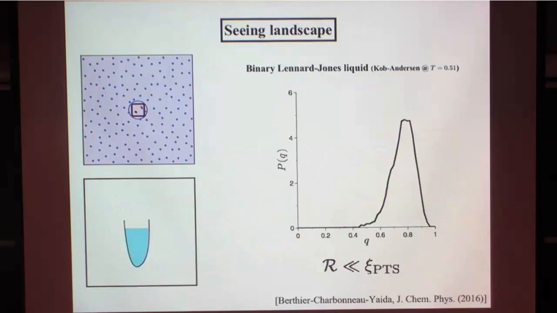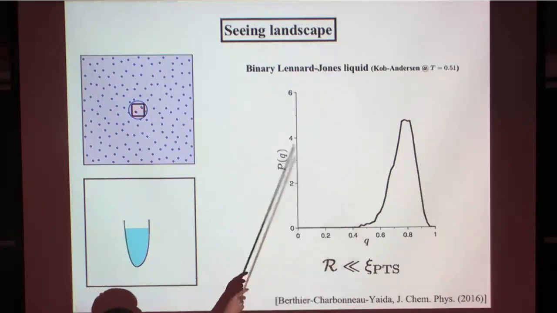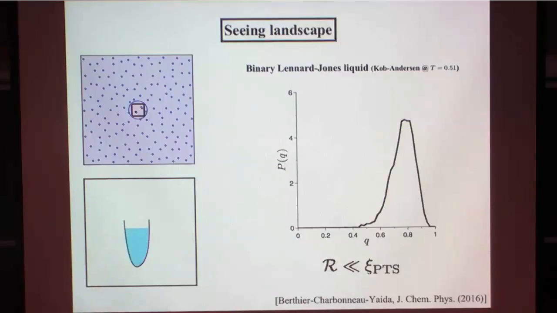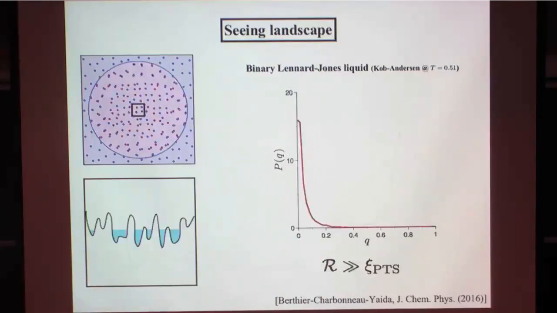So with this methodology developed, we can bear out the theoretical picture we had. When the cavity is small, we had this simple landscape picture, and the overlap would be pretty high. Here's the histogram of the overlap within the cavity when the cavity is small. It takes a value close to 1 all the time and oscillates around that number, which is in line with the physical picture. At the other extreme, if you take a really large cavity, you have a bunch of metastable states, so you have a bunch of dissimilar states. So the overlap peaks around 0, because you're always sampling independent states.